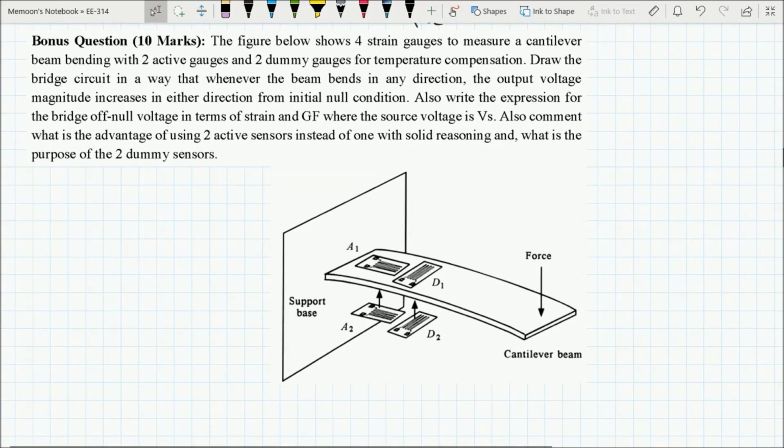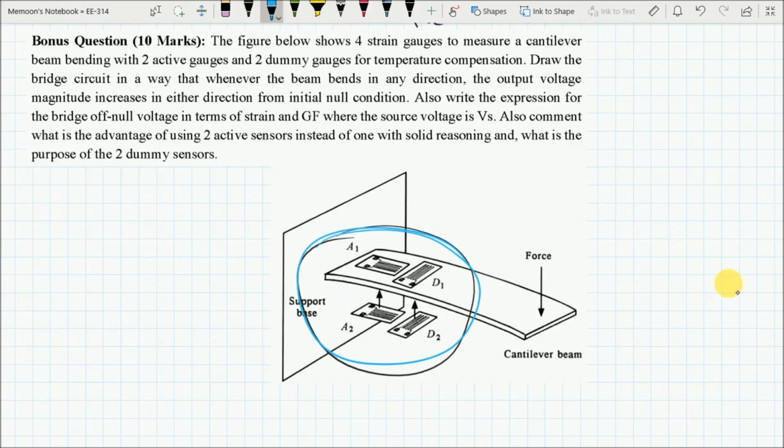And this time we have selected a strain gauge as a resistive sensor. This figure shows the arrangement of our strain gauges on our beam, and we want to find the strain produced in this cantilever beam due to the force applied laterally to one end of this beam. This figure clearly illustrates that we have two active cells and two dummy cells. So we have a double sensitivity for this type of arrangement, and this is a two-arm bridge.